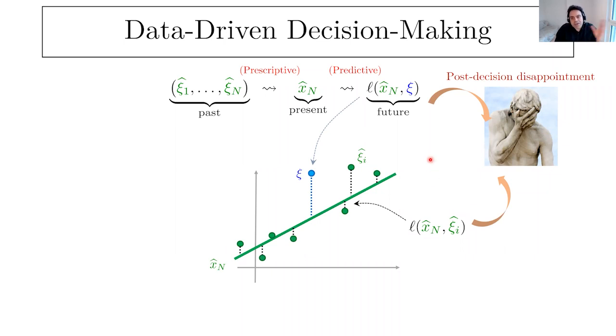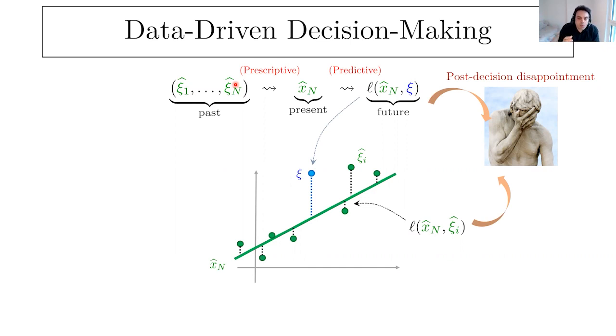Now, apart from these terminologies, what is at the heart of the difficulty in talking about this post-decision disappointment or generalization error is how this object looks. The future loss, first of all, formally speaking, is a random variable, but what makes it particularly difficult is that the source of uncertainty is two things. One is of course the future sample that you haven't seen. That's an obvious one. But there's also another source, which is the training data set that you got. So basically there are two sources of uncertainty. One refers to the past and one refers to the future.